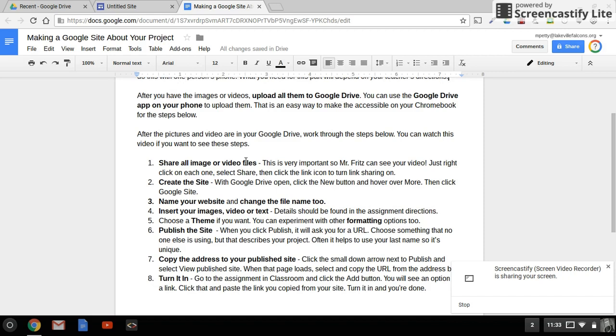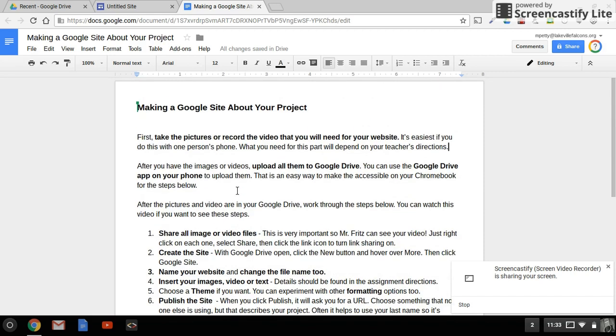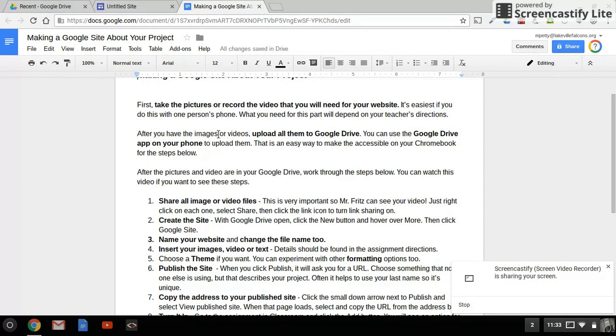I'm going to go over these steps in this document, and this will help you to make a Google site about your project. And your project might not be digital, but you can take pictures of it and video and bring it into your website. So that's the plan. Before I get into these steps, you need to take those pictures or record the video